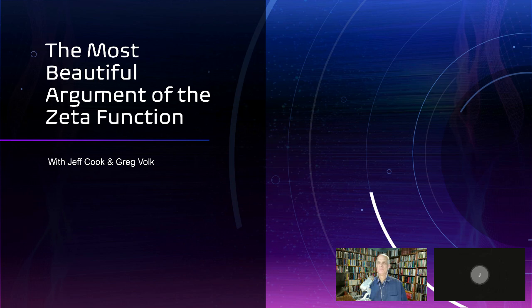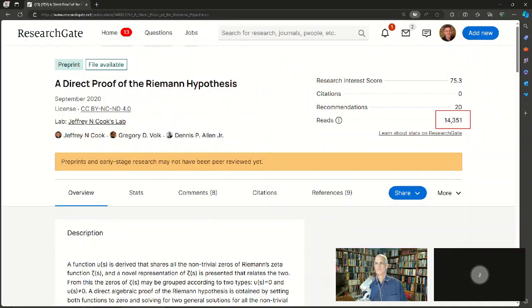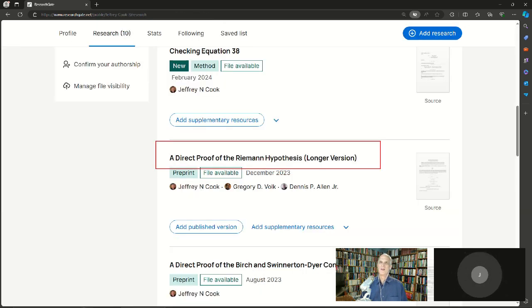And let's go back. While we're there, I'll check that. We got 14,000 reads. That's pretty good. It's up by a few hundred from last month, I think. That's slow and steady, but it definitely went up. I got a couple more recommendations in the past week or two. But it's not this one we're going to grab.